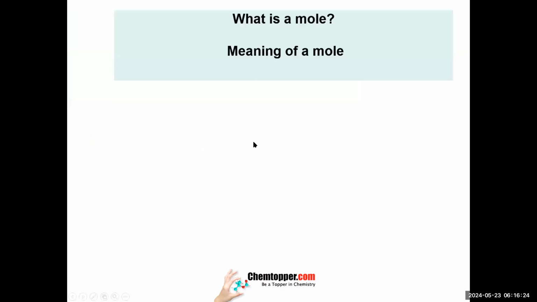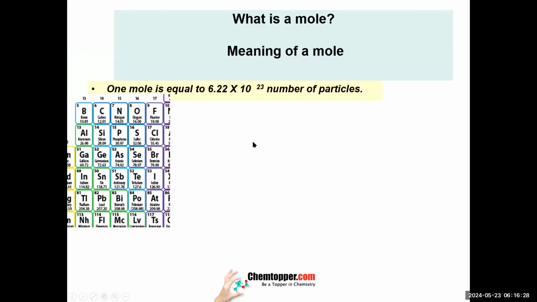Now let's do another question. Now we have understood the meaning of the mole. Mole means Avogadro's number of particles, atoms, molecules, anything. Anything with this Avogadro's number is a mole. Now, when I give you 1 mole, I have a question. I'm just asking because we have understood this concept very well. So when I give you